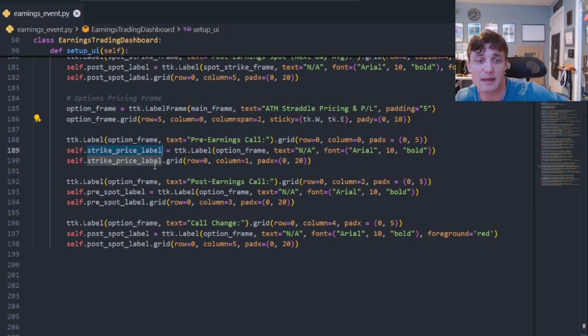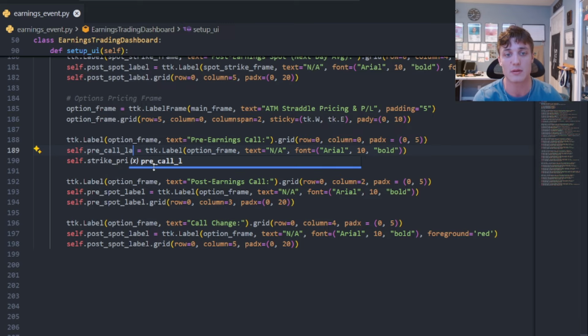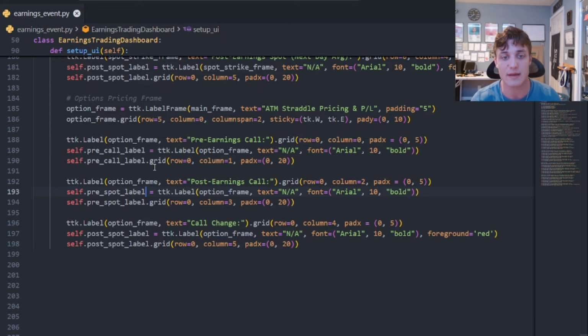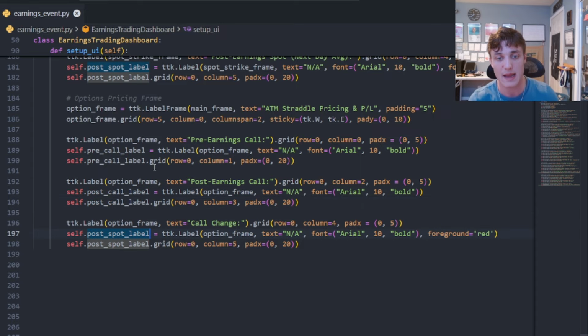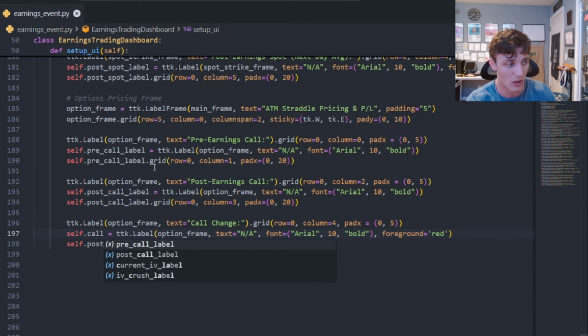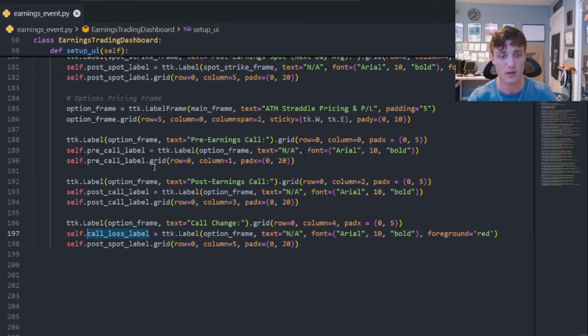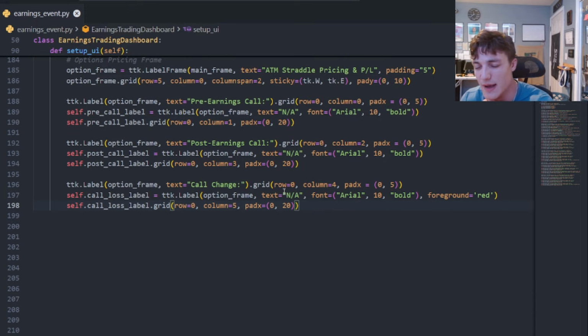Now we need to update the variables tracking the label values. So I have this pre-call label. Then I have this post-call label. And I have this call loss label. So this is going to be pre-earnings call value, the label, and the value for the label that we're tracking, the post-earnings call label, and the value for the label we're tracking. Same thing with the call change in value, and we're going to assume that it is, of course, a loss